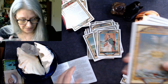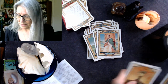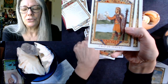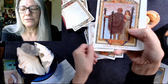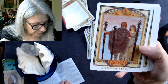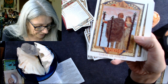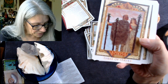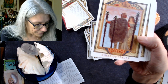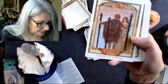All right. Then we go from cups to staves. So back here. Ace of Staves, 2, 3. Let's look at this. So this is Siegfried and Brunhilde. The action-packed suit of staves arrives after the mysterious realm of emotions explored within the suit of cups. The Lover's Path Tarot. In the Lover's Path Tarot, the suit of staves is associated with Brunhilde and Siegfried, represented